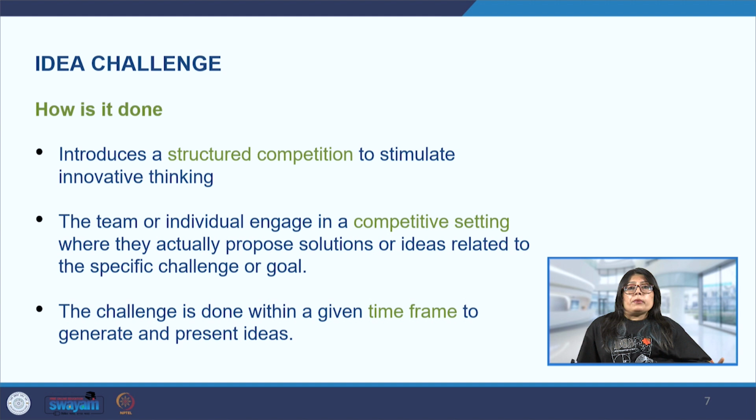So the next stage will be the selection of the top ideas. So out of all these ideas, looking at the feasibility and the durability and other such factors that may be relevant for this particular problem, the top ideas will be selected and the group or a panel will evaluate these ideas based on feasibility, impact and innovation. And these three terms we have been seeing since the past lecture, because innovation, feasibility and impact, these are three, we can say, must-haves that should be there in the product for it to be successful in the market.